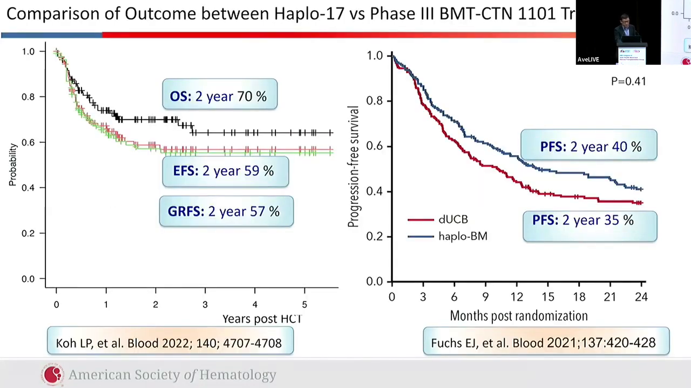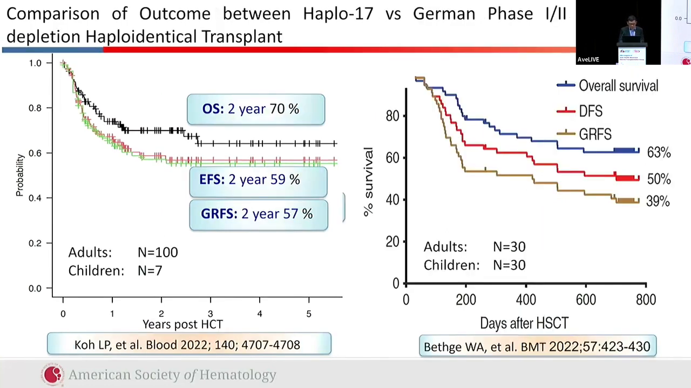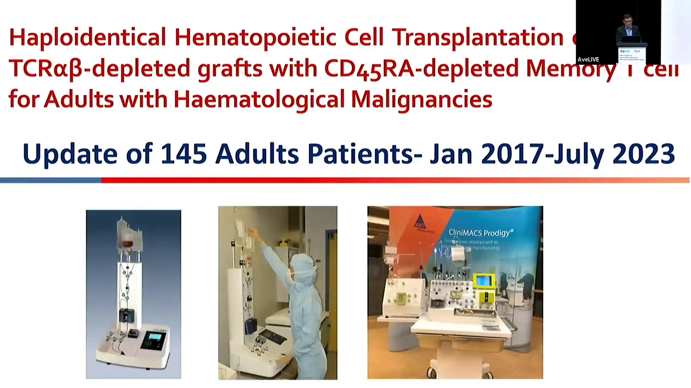As you can see from here, if you compare this data against that of BMT-CTN that randomized adult patients with heme malignancies to receive either a double cord or haploidentical transplant using the PTCy, our results are quite promising and encouraging. So I'd like to show you the latest update of